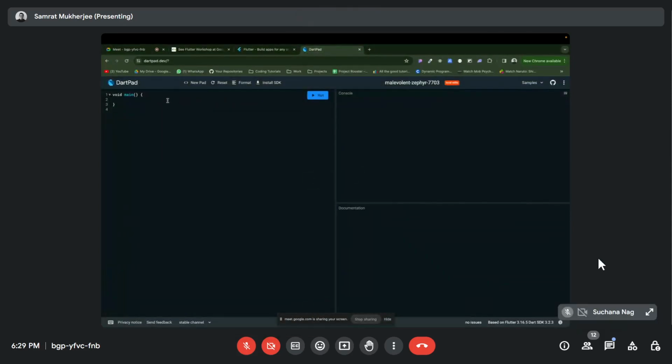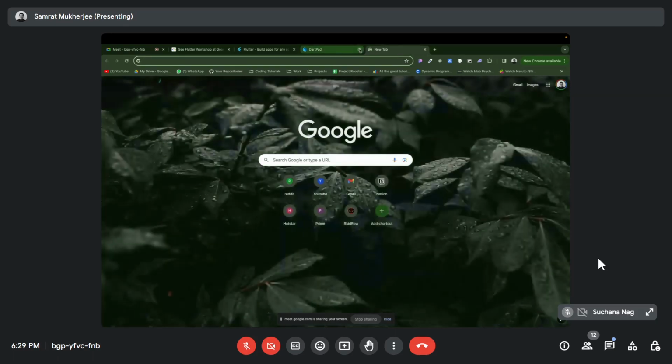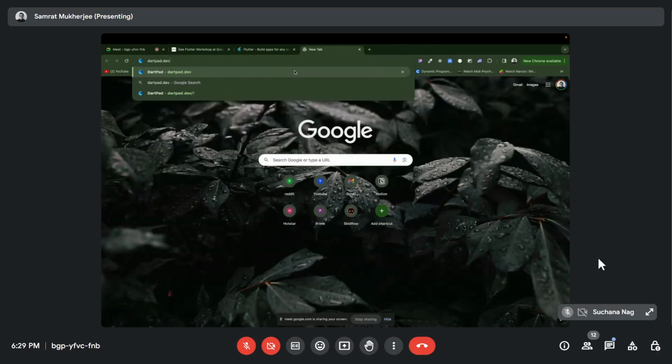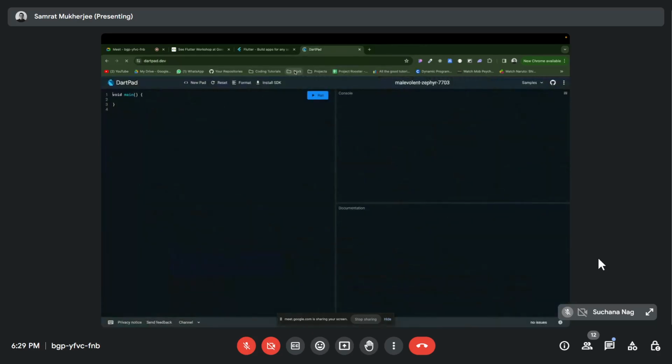So if you guys want to learn about Dart, you can go into the Flutter website. You can see lots of documentation in it. And let's say you want to run just pure Dart and you're confused how to run it on VS Code and things like that. You don't need that. You just go into this website called dartpad.dev. It's a website created by Google only, which is a playground where you can write Dart code and Flutter code